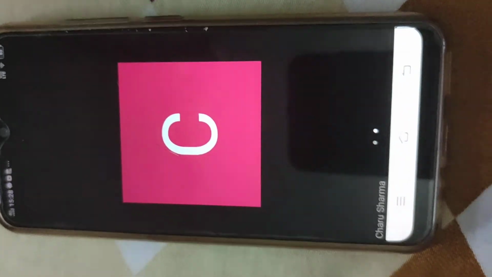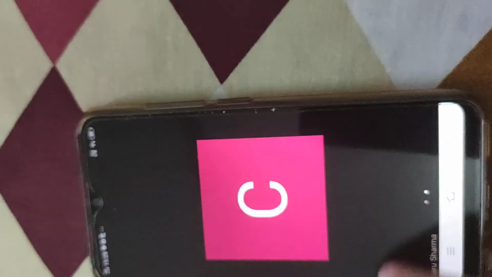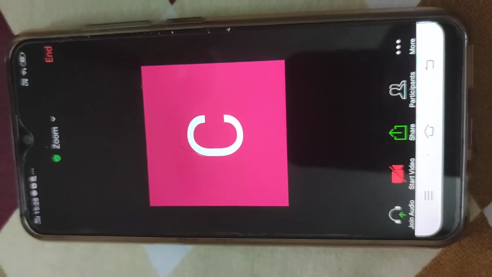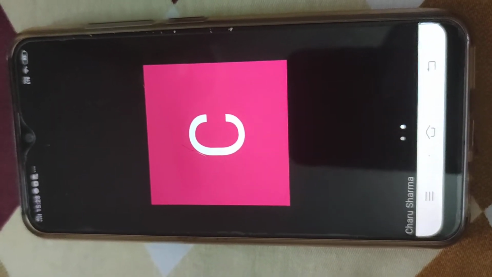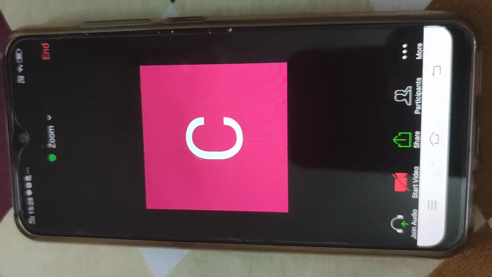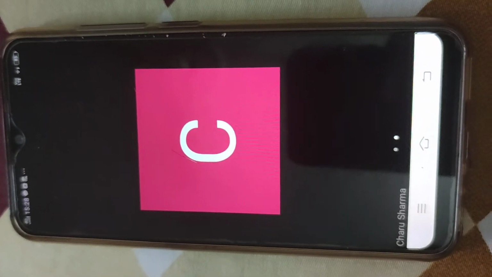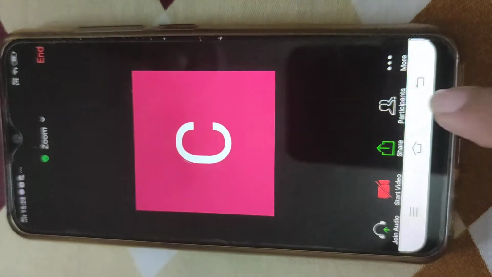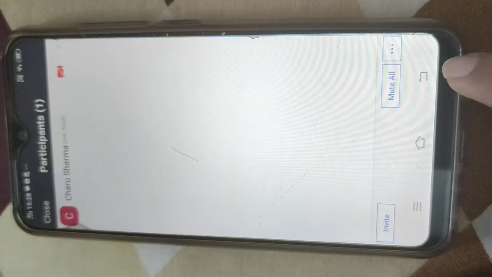Then on the screen you can see two options: join audio and start video. You always have to join audio and switch off your start video. And children, make it clear that you don't have to share your screen with the teacher. Only the teacher is allowed to share the screen with you.